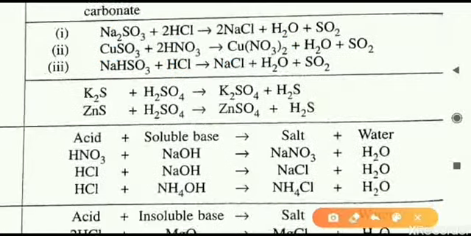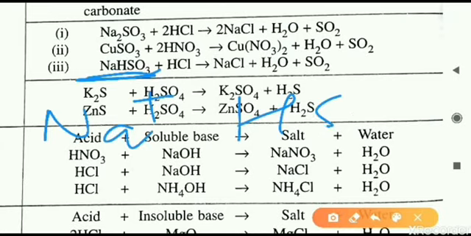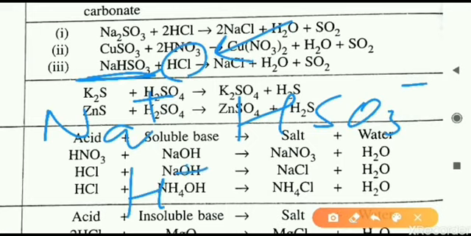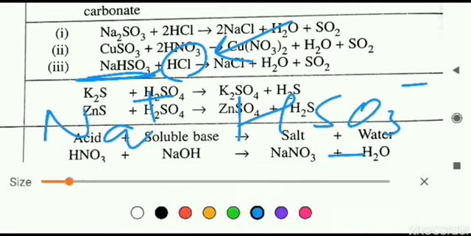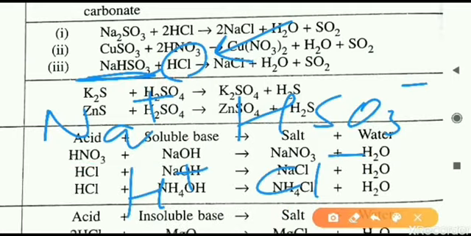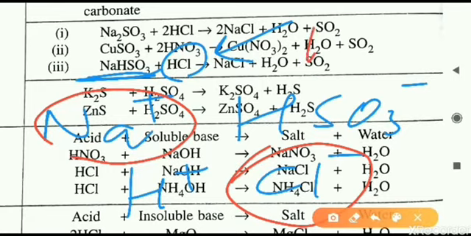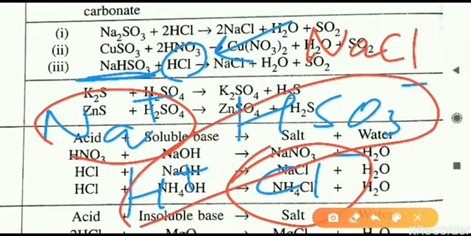Third equation is about the bisulfite or hydrogen sulfite. So NaHSO3, that is into two parts, Na plus and HSO3 minus. Next one is acid. What is the acid here? In this reaction we are having HCl. HCl will form H plus and Cl minus. Now opposite charges attract, and what are they forming? They are forming Na and Cl bonding together. That will give us what? That will give us NaCl. Remaining thing will form what? It will give us H2O plus SO2.